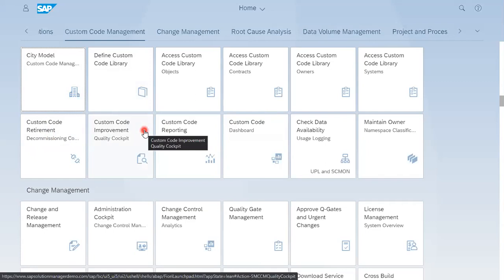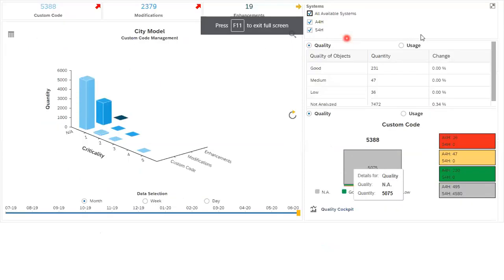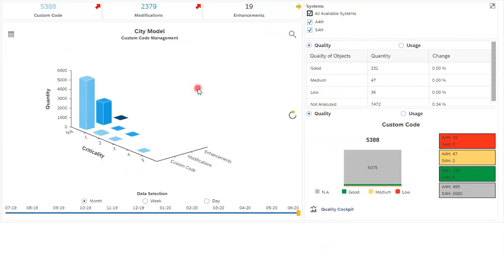So let's click on this and it will open a different page. You can see here, this is the city model of custom code management.